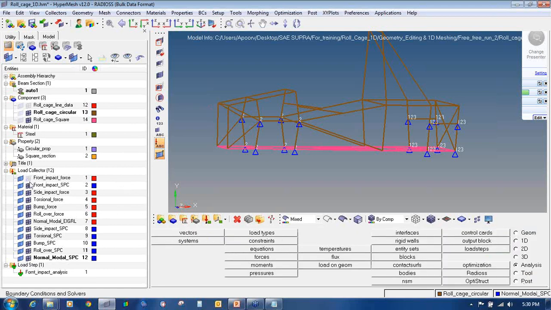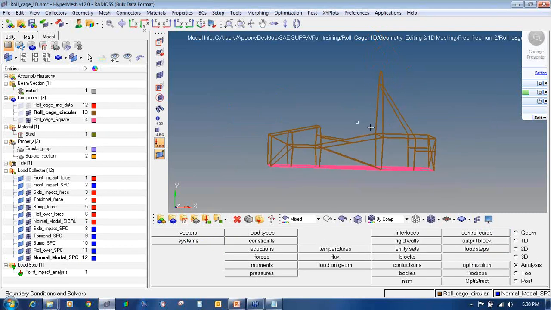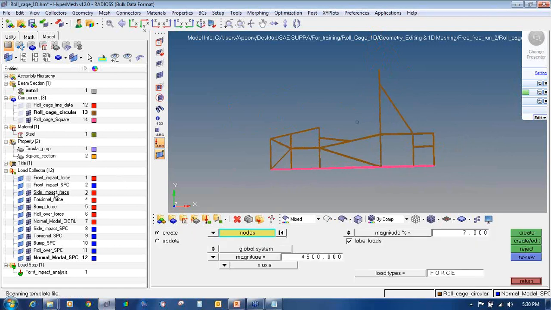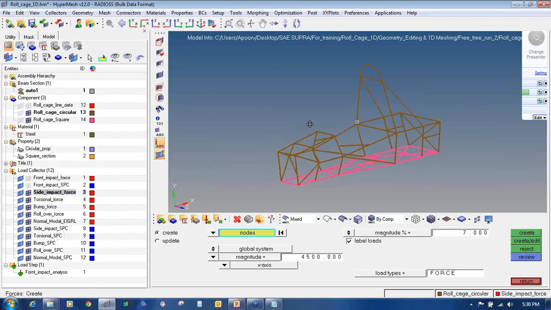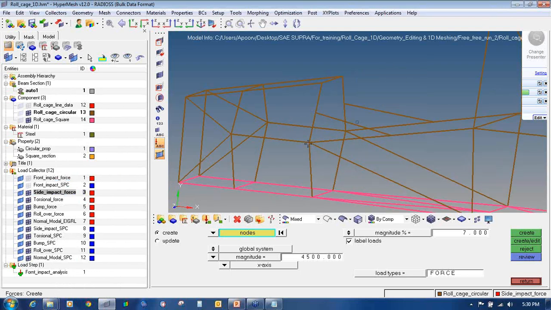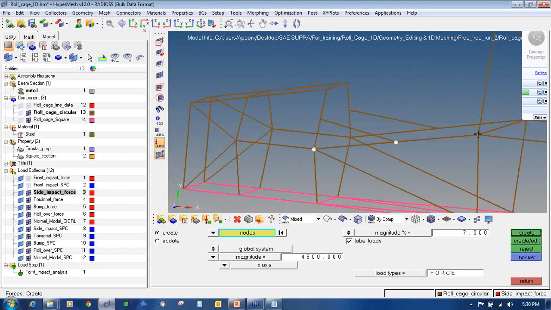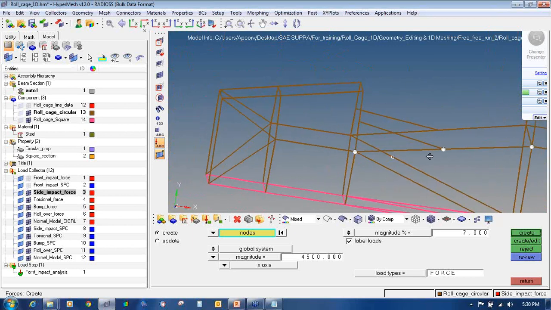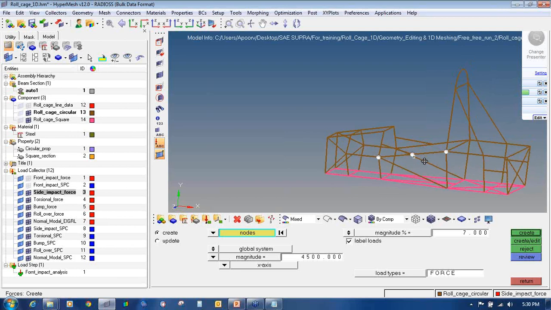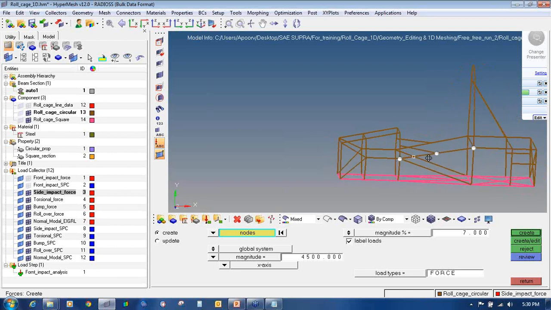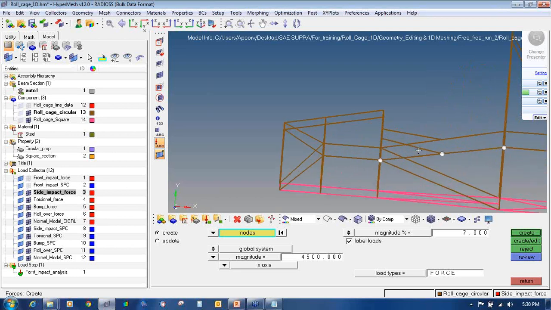Now one by one I will apply them all on this model. So I will turn off the front impact and side impact, so I can easily see the loads and boundary conditions on my model. Go to analysis, forces, select side impact force, right click on the side impact force and make it the current, so the forces will move towards that. On the side impact, I am going to apply the forces on the side members. So I'm going to apply the forces on these 3 locations. The locations may also change as per the structure. So if your structure differs, you have to see where the impact will be happening.